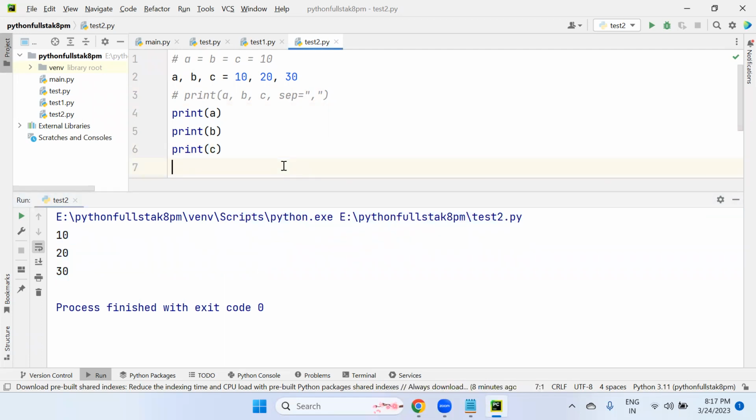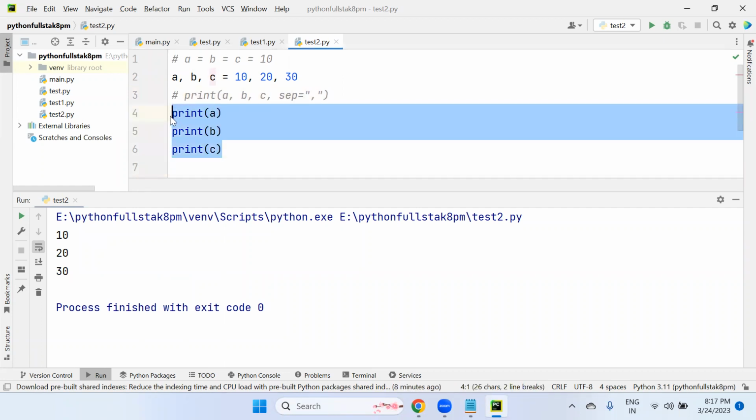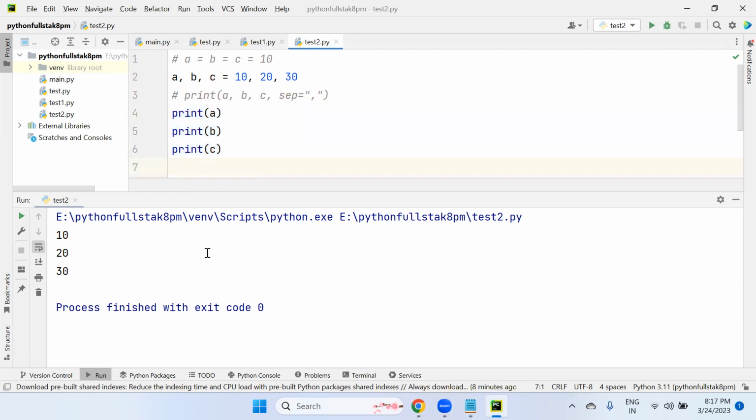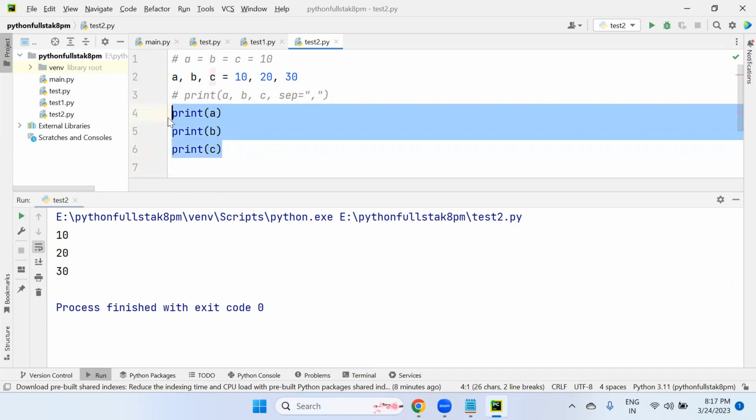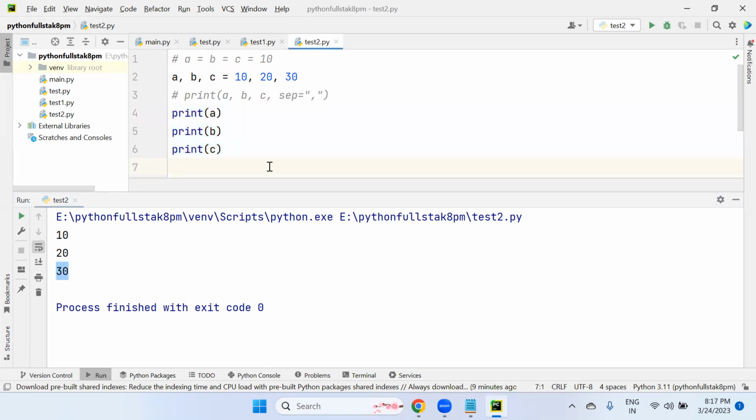But one more important thing, sometimes we have to use this expression also. Though I am printing these 3 variables line by line, still my output should be on the same line. Got my point? Though I am using these 3 print functions, we got 10, 20, 30, each value on a separate line, but my output should still be on the same line.